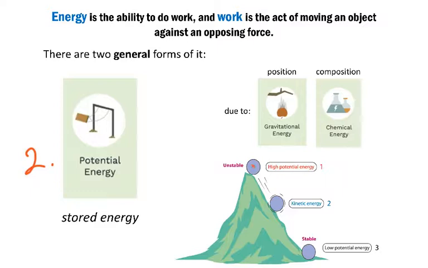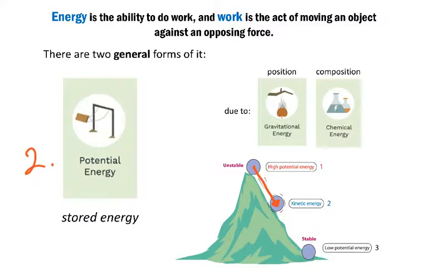So here's another picture of a ball on a mountain rolling down. Of course, we know that's the way it goes. It never rolls up. And so at the top is high potential energy due to its position. It's a very unstable position, right? It will fall if given the chance. And as it starts to roll, that potential energy is converted. As potential energy goes down due to position decreasing, kinetic energy is increased due to the motion. So there's always a trade-off, and you may have heard of the law of conservation of energy, that the total energy has to be consistent. So eventually it will slow down and have low potential energy, which is a stable position.